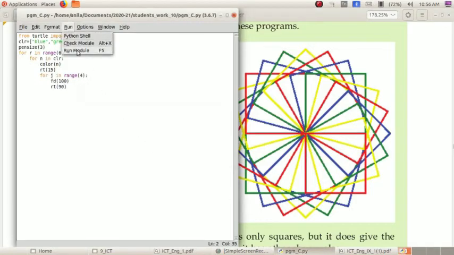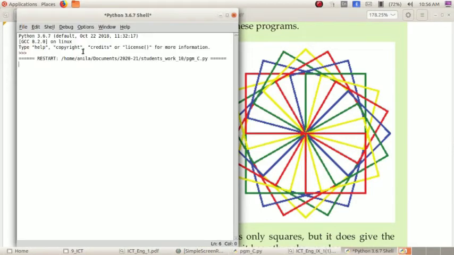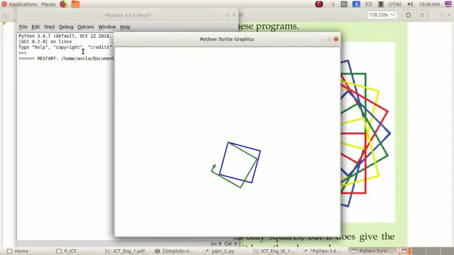Program C, run module. 1 square, 2, 3, 4. Blue, green, yellow, red.